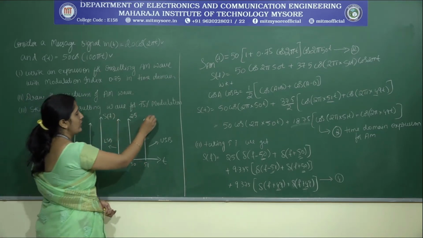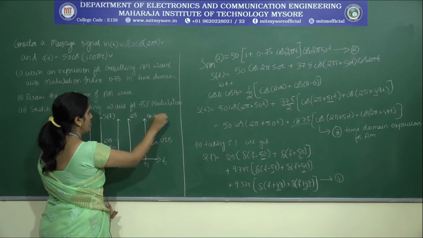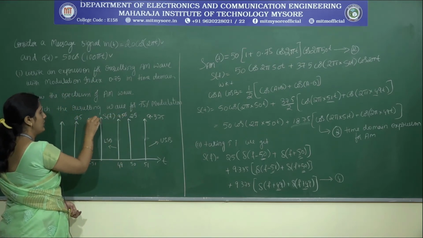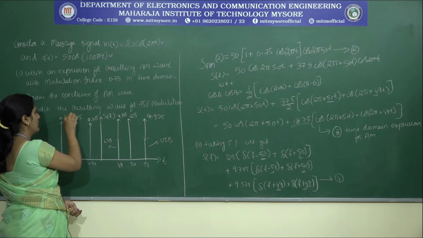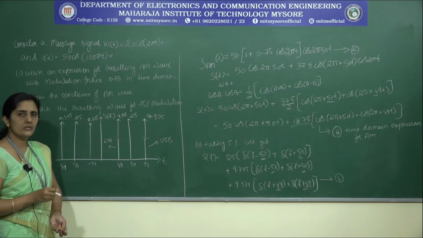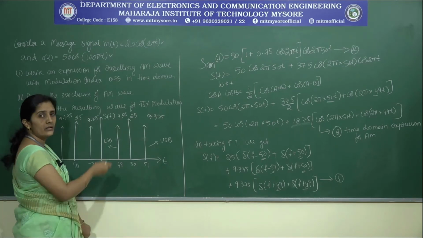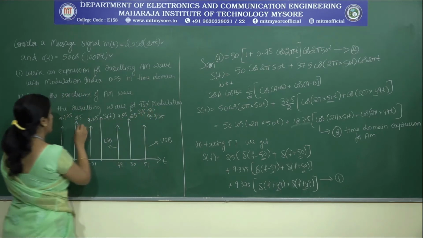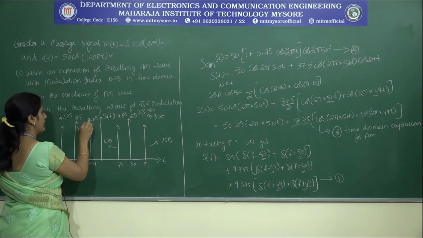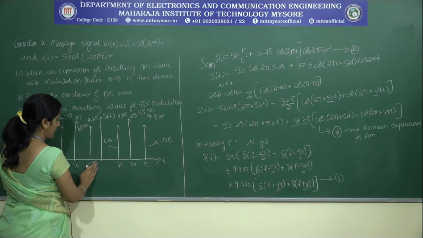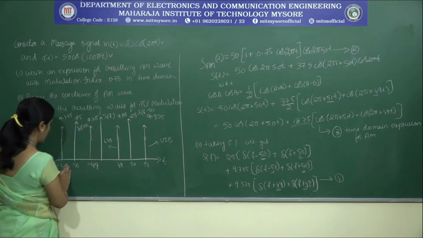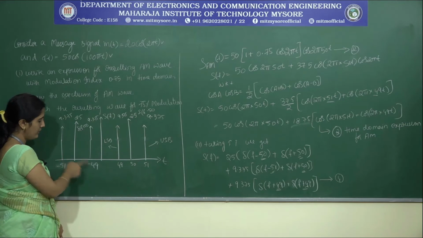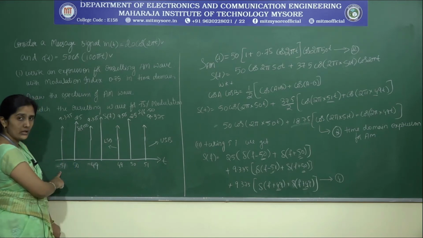Okay. Here for this we are going to consider 9.375, this is also 9.375, and this is also 9.375. So, this is how we are going to represent the spectrum of the AM wave. Here we are going to consider this for delta of f minus 50 and this is for delta of f plus 50. So, in order to represent this, this is your minus 49 and this is your minus 51. With respect to the left shift and the right shift, we are going to get minus 49 here and minus 51 here.